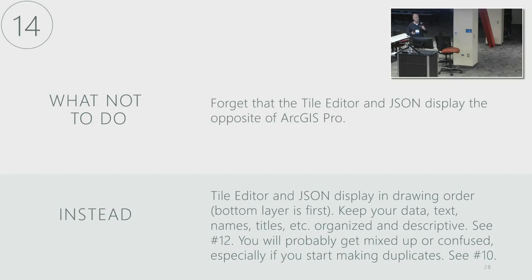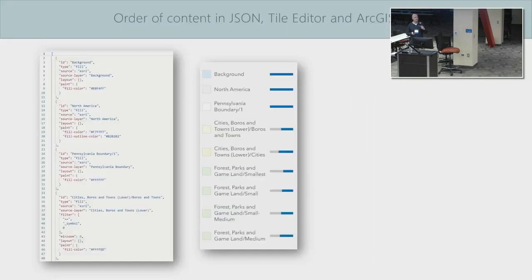Yeah, this drives me crazy too, and I'll just show you what I'm talking about. When you're in ArcPro or ArcMap, your layers are in the order that they are in the table of contents. So whatever's up top, that's the topmost layer. Whatever's second, that's the second layer. And all the way at the bottom, that's your bottom layer. Makes sense to all of us who work with Map and Pro.